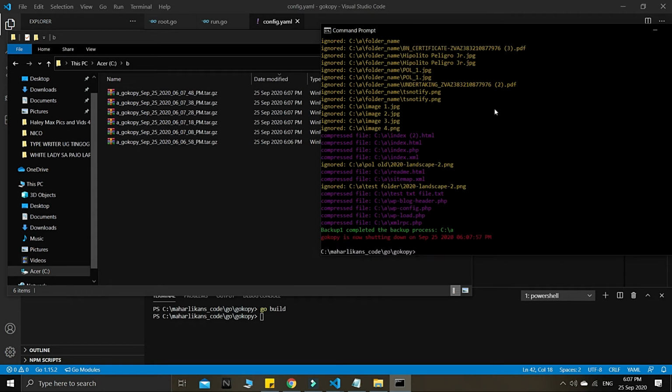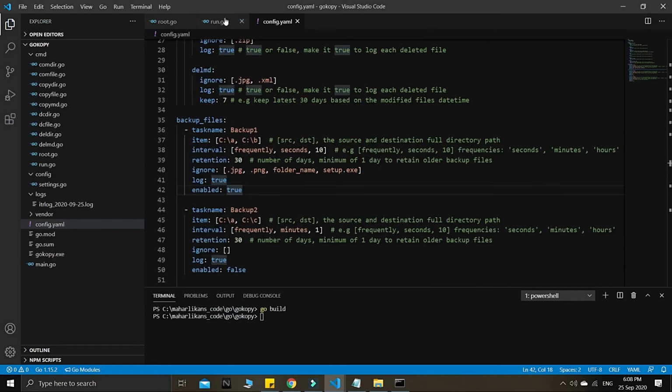Okay, now I press Ctrl C. As you can see, early on I discussed with you, it's just an overview. We have the channel in Golang. When you press Ctrl C, we are expecting Ctrl C to quit the running application, which is the gokopy, most especially this automated backup. Now I'm pressing Ctrl C. Then our gokopy keeps listening if this channel will receive this kind of signal, as you can see. I will show you